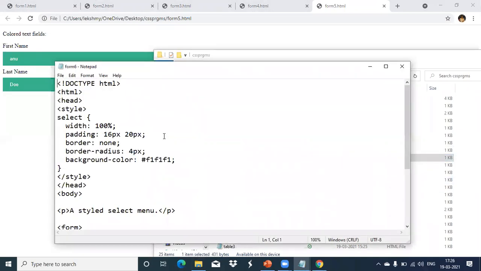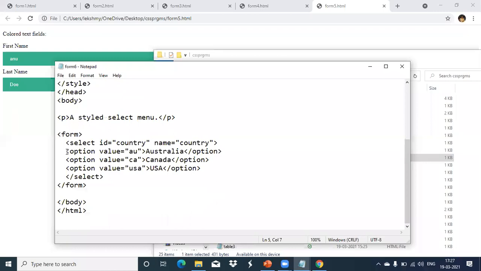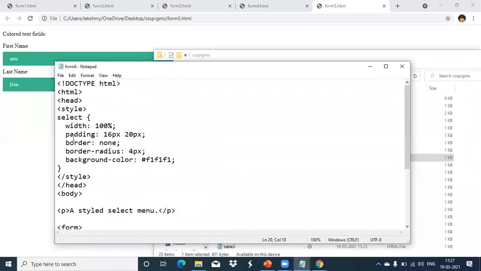Okay, you remember the drop down list? You have given the select tag for that drop down list. Now here we are doing the styles for that drop down list. So for the drop down, the tag name is select. Each list item we specify using the option tag. Now we have to do the styling for the entire thing, not for each option. So styling is on the select tag only. Width is given, padding is given, the radius value is given, background color also we have given. If you want, we can give the foreground color also, no problem. It will accept it.